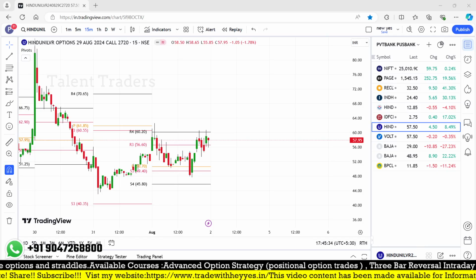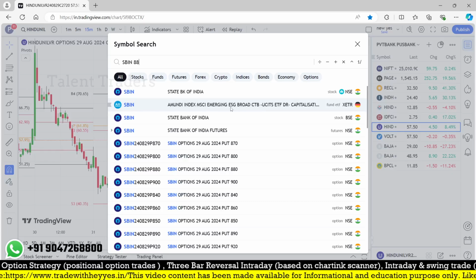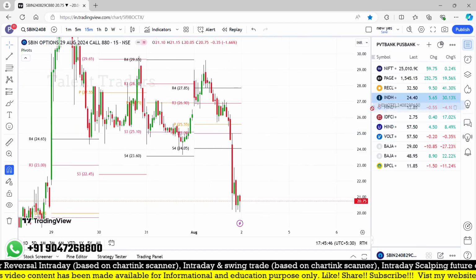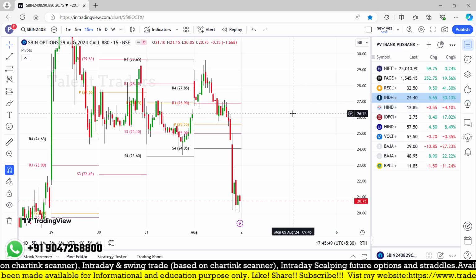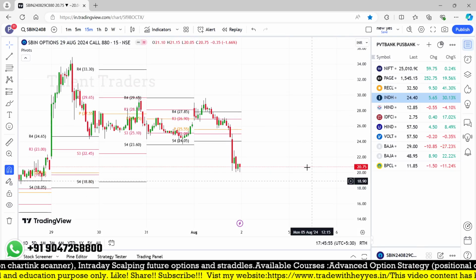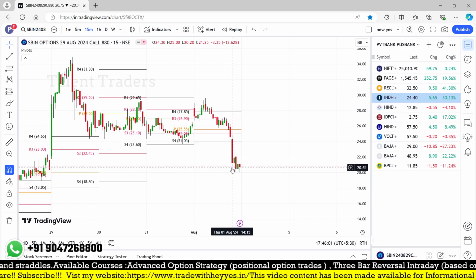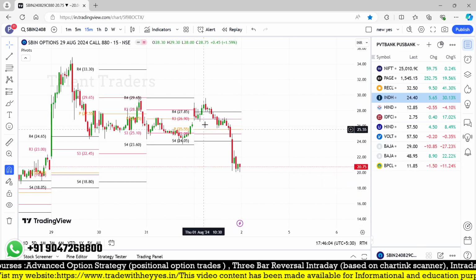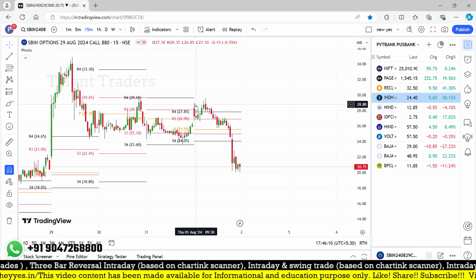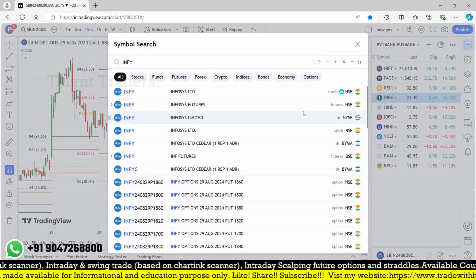So I think yesterday I found some stock that is 29. So SBIN 880 put. Here this is on the previous day, but it doesn't break any of the levels. And today also it is forming such a pattern. How did we miss out? Two consecutive days. Maybe this one is the stop loss and R4, and this is also the same kind. But yesterday we found this, and let me check Infosys 1880